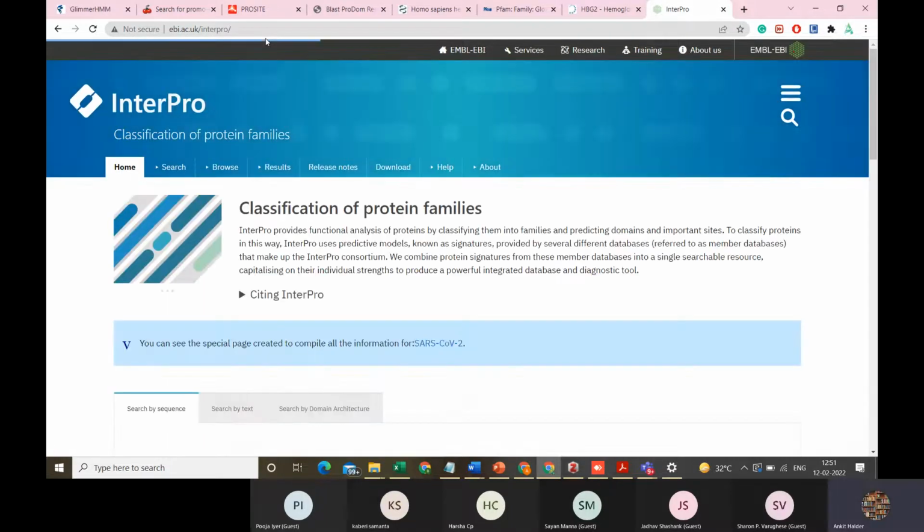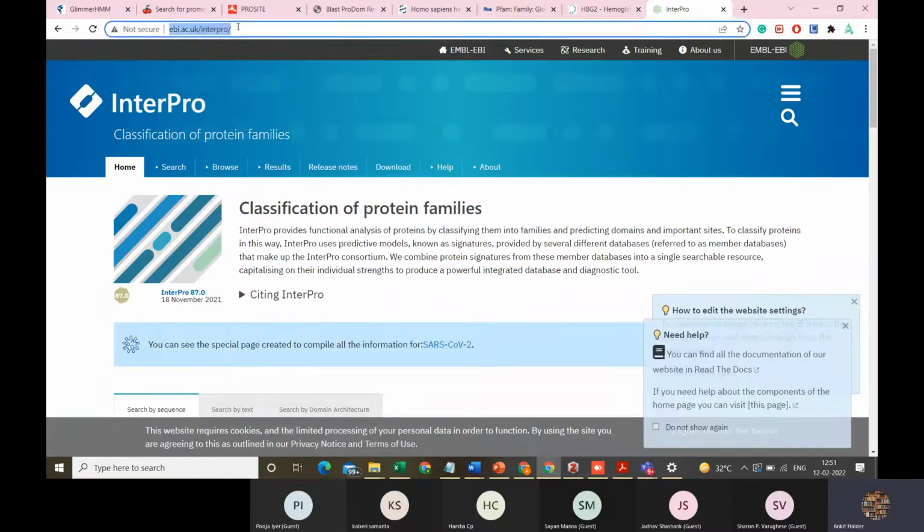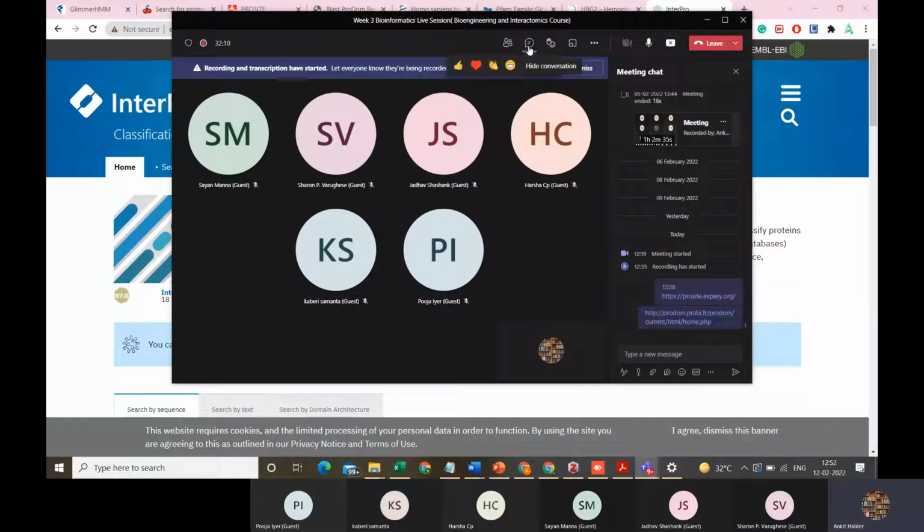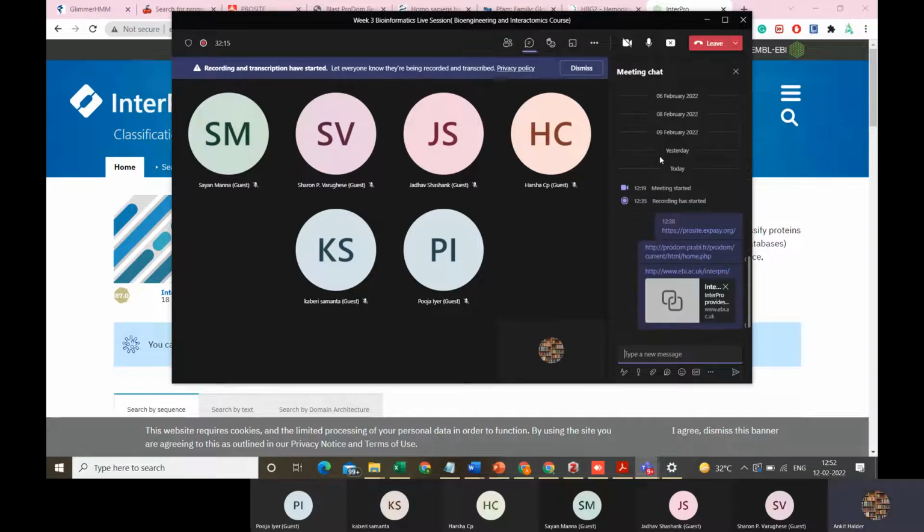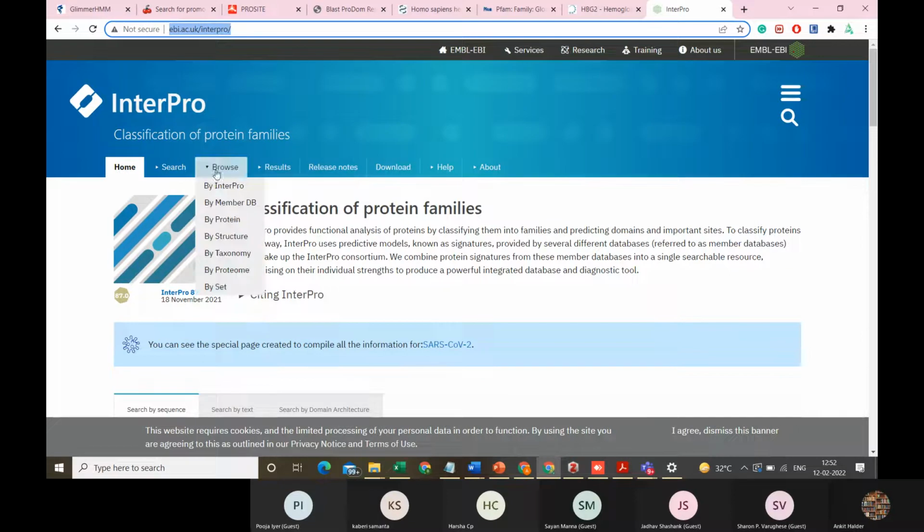InterPro helps immensely in the classification of protein families. It's a very good tool which can help you in identifying many proteins. So let us